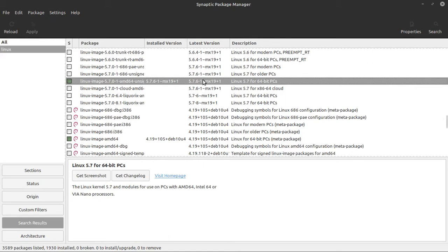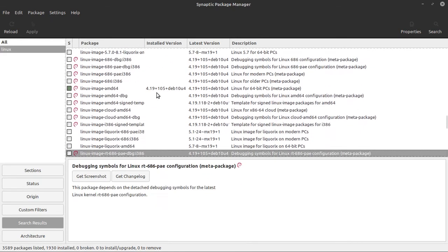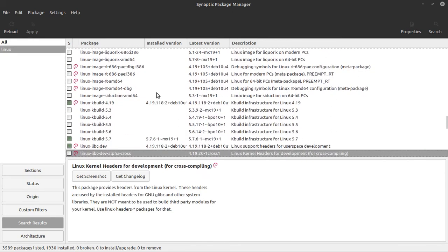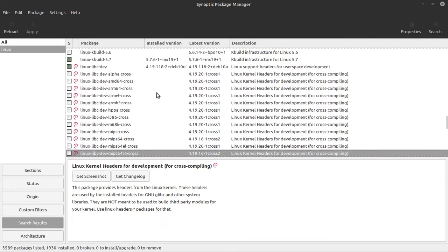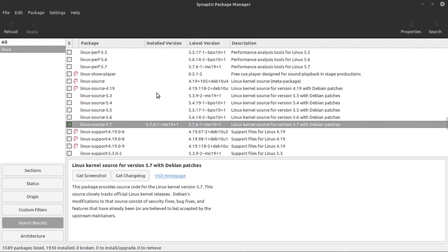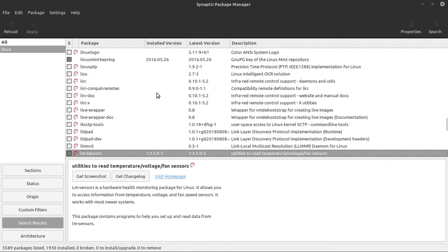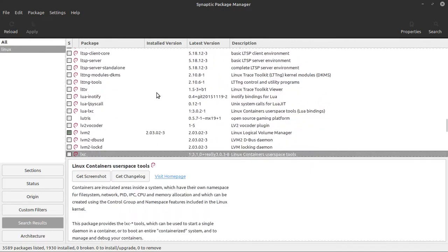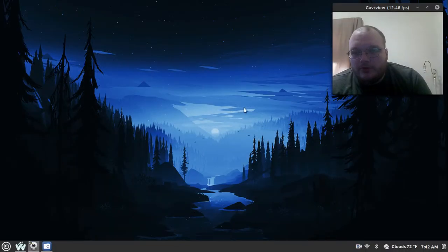Again, these are all coming from the MX Linux repository. Then you want Linux kbuild and Linux source. And that should about do it. Go ahead and install those, reboot your system, and you'll have